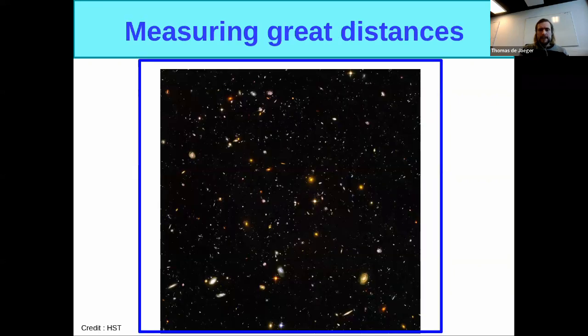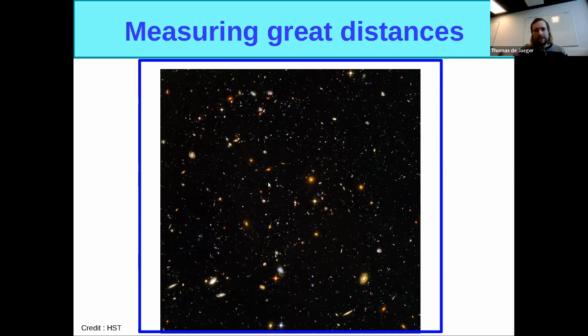But you are still very close by with the Cepheids. You are affected by peculiar velocities. So the idea is to find an object which you can use to measure distances to very, very distant galaxies. This is one of the most beautiful images in astronomy, for me at least: the Ultra Deep Field from the Hubble Space Telescope. I'm pretty sure that we'll have better images soon with JWST, but for the moment, it's one of my favorites. Here, all the dots are not stars, they are all galaxies.